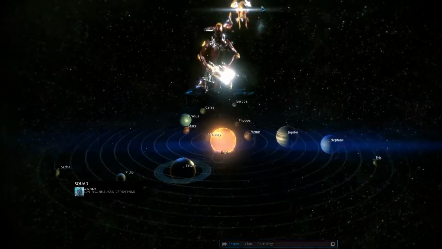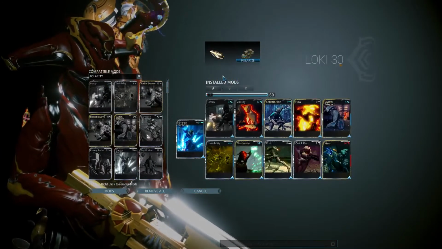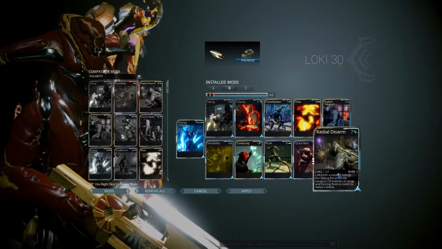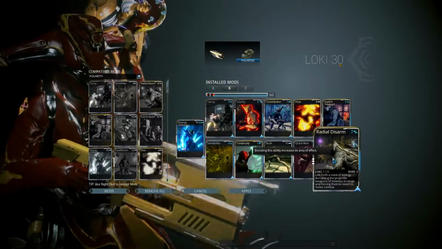Alright, we'll take a look at Loki now. I'll show you his setup that I got made for him. I really have two setups. There's a really minor difference: one with Radial Disarm and one with Vigor. We're going to go with the one with Radial Disarm for this, just so I can show you what the